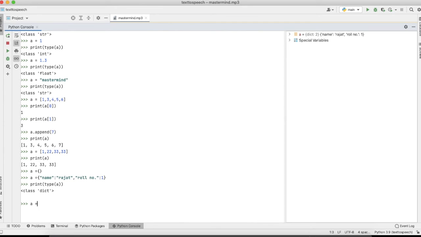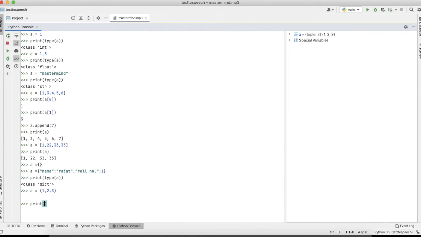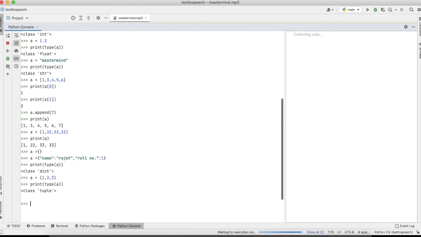Suppose I am creating one tuple here, 1 2 3. First we will check the type of this, then you can see this is tuple. Now we are going to change the value. You can see there is no append function, we can't do anything.